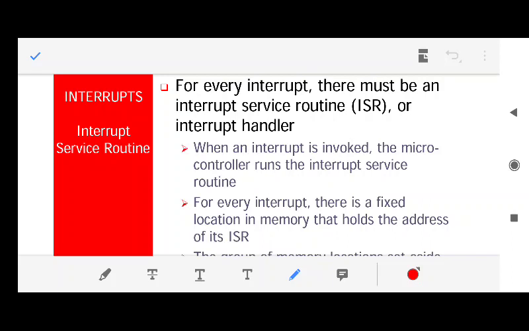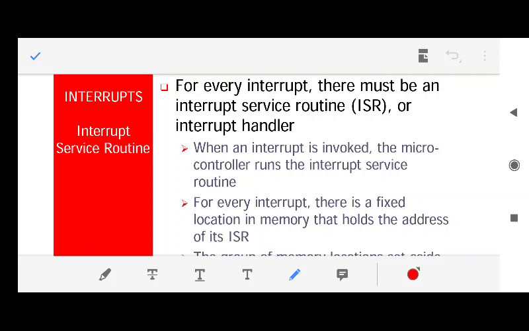Please take note that interrupts in the 8051 are predefined, and for every interrupt a program is embedded in the 8051. Fine. A program is embedded, that means a program has already been saved in the 8051 memory, so that whenever this interrupt takes place, this program will be executed.